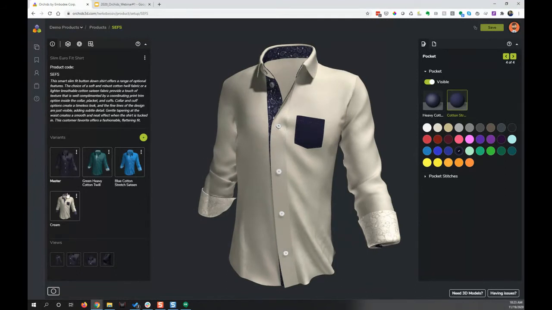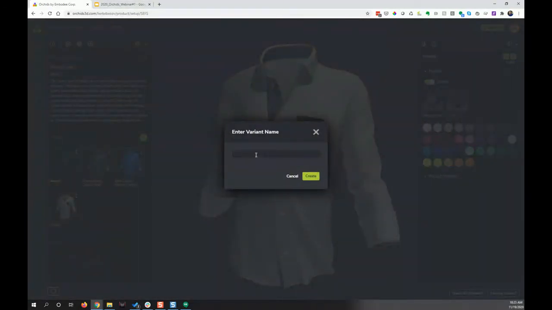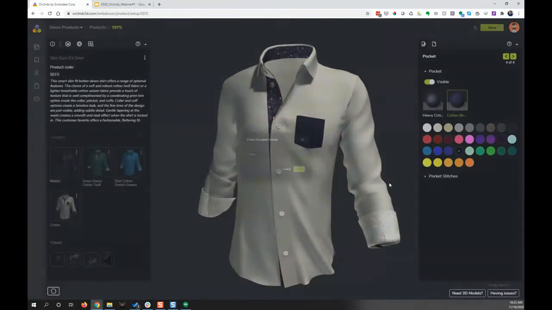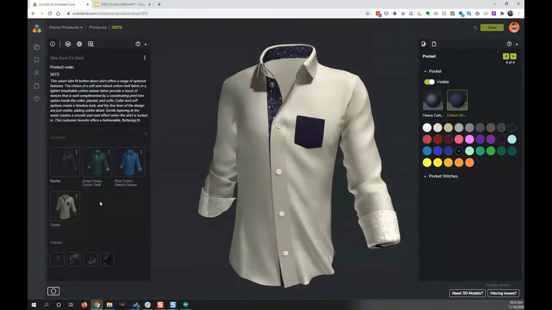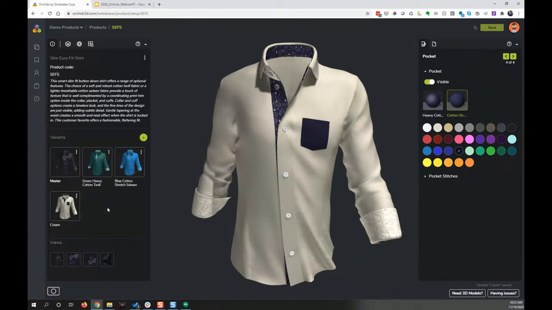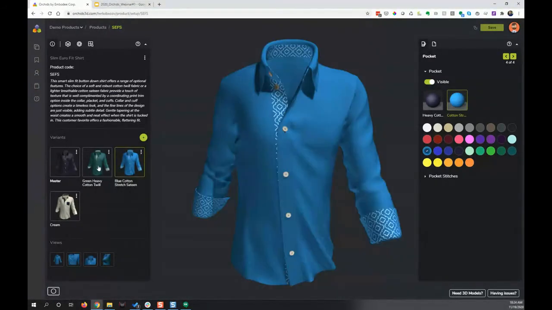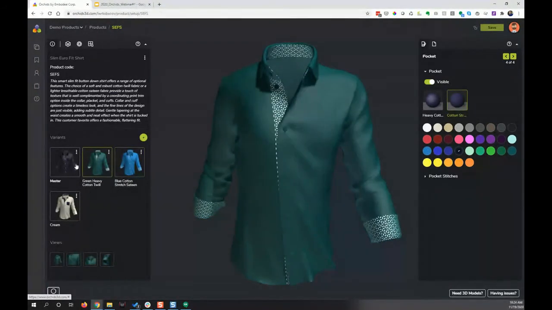and I can create a variant. So over here on the left, we have a variants section. And these are a list of saved product attributes that I've changed over here in the product options panel. So what I can do is click on the plus button. I can just call this one, let's call it just cream, and I can hit create. And what this does is it adds yet another variant to my list here. Okay, and there it is. And this allows anyone coming to this product the ability to view past variants that have been created.